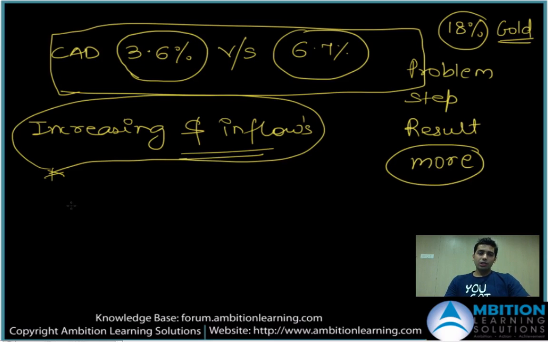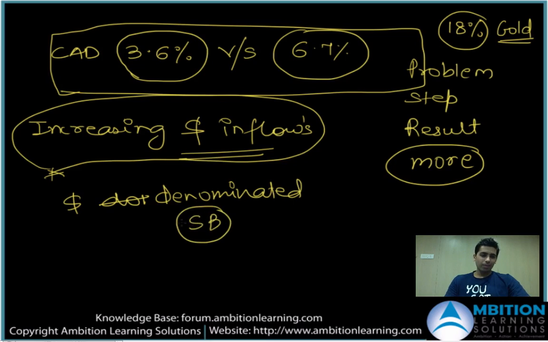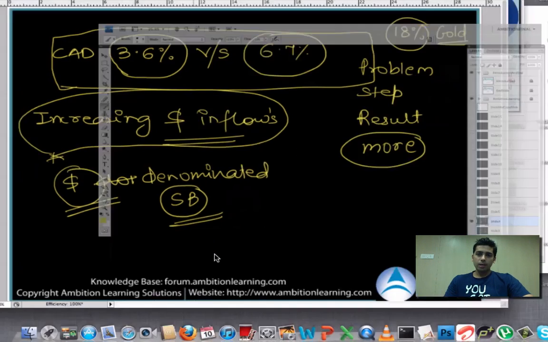Second thing, which typically can be done and has been done in the past, is to issue dollar denominated sovereign bonds. Sovereign bonds is nothing but the government bond. Okay, so we've done this in the past 3 times. What happens is when you issue a dollar denominated sovereign bond, people will invest in your bond in dollar as a currency. Just to help you understand when this has been done in the past,